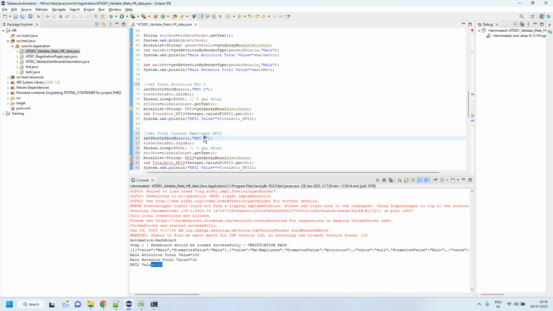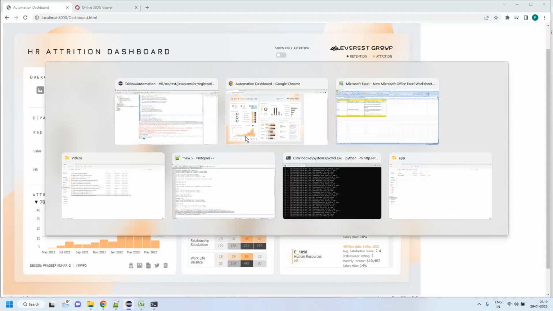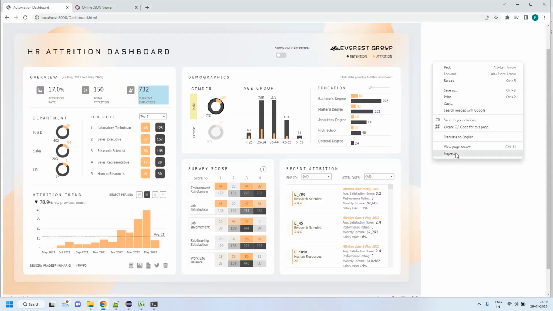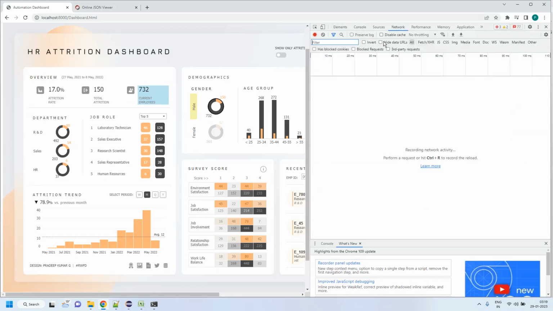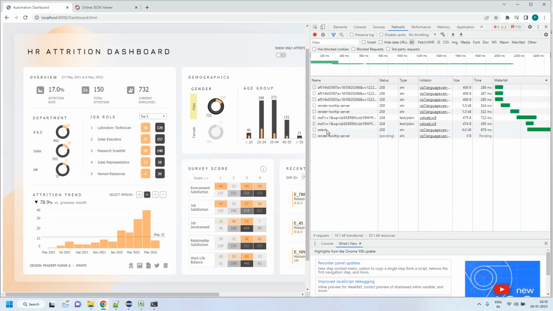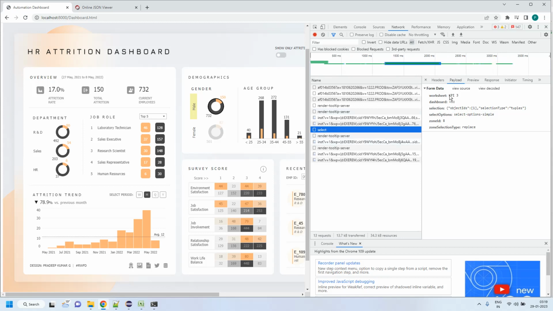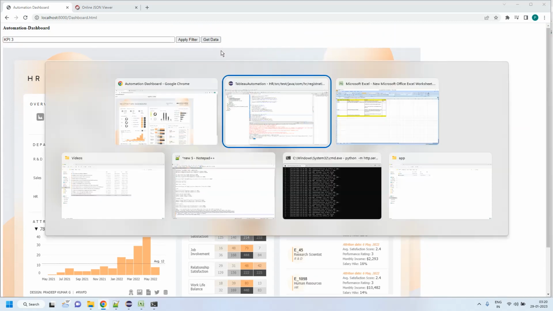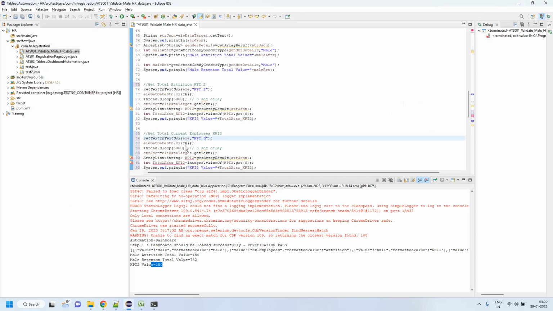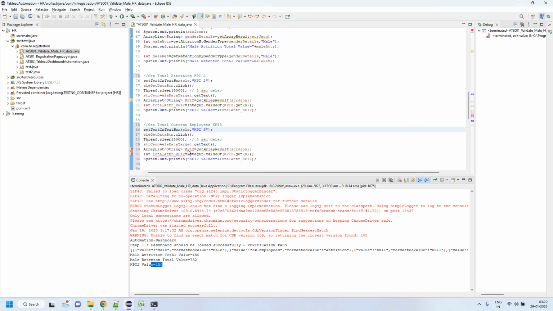We have to just pass the value KPI3 as per the sheet name, because the sheet name is KPI3. We can verify it on the network tab: click here, select whatever the payload going, see the sheet name is KPI3. So the KPI3 sheet data we need, so we'll be passing KPI3 as the sheet name here, then we'll be clicking on get data. It is the same array list KPI3, just give a different variable name, the same JSON string we